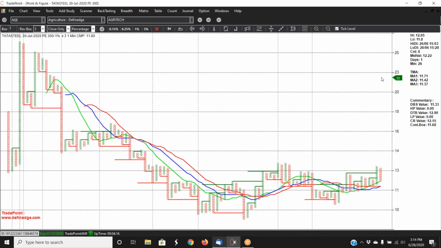Of course, I must mention once again that these are only trade ideas which I can show from my charts. How you trade it completely depends on your position size and your pocket size. So you should take a position only as per your money management rules, and don't go all in. And just because I have said all this, it can fail as well. So use the proper stop loss and use the proper position size.